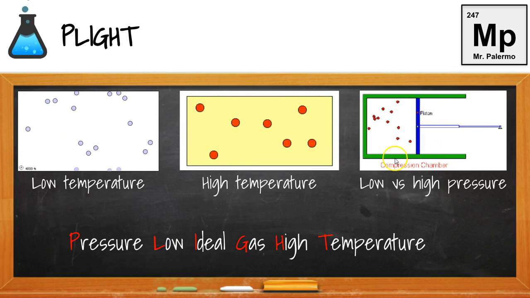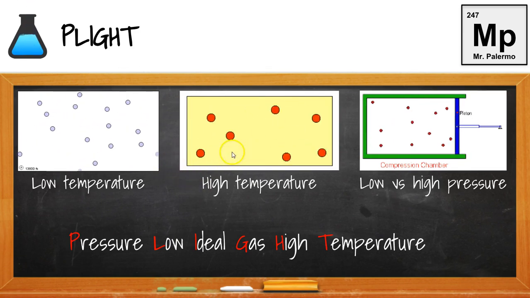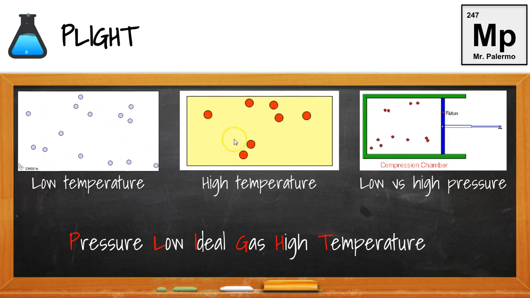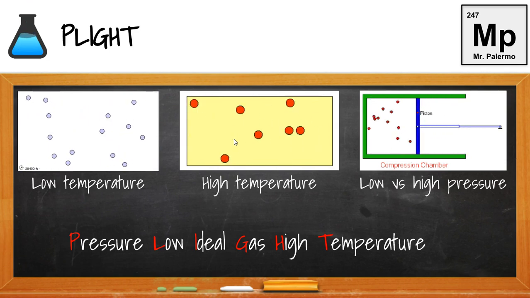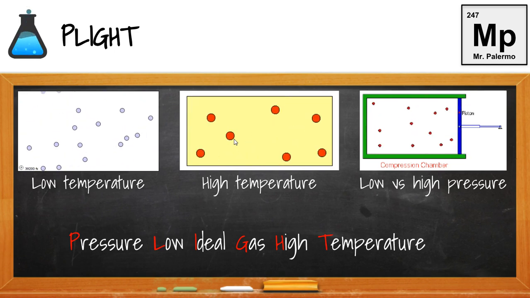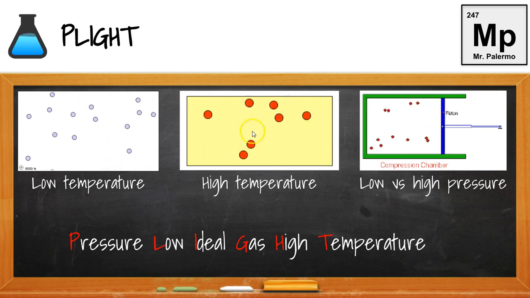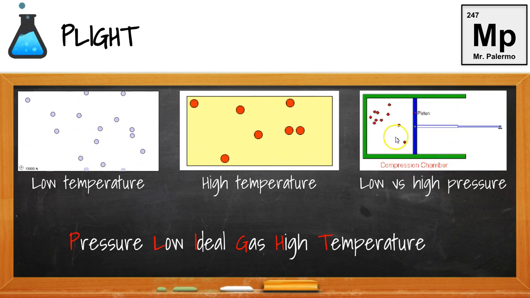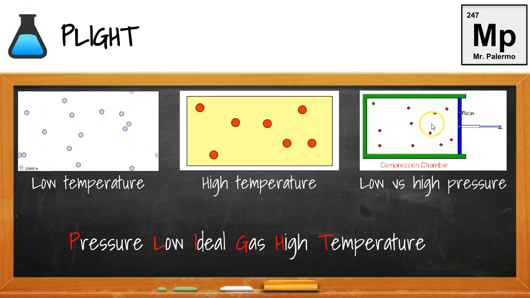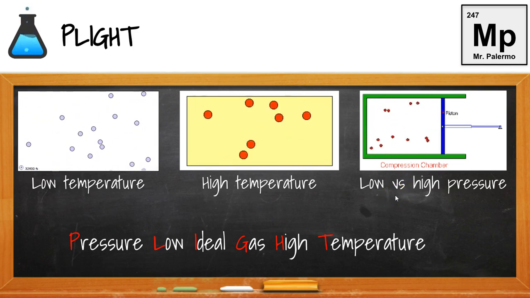So let's see that here. Low temperature versus high temperature. As you see, under conditions of high temperature, they're moving much faster than at low temperature. And so it's much harder for these particles to attract each other if they're moving so fast. Because remember, the attractive force would have to overcome the kinetic energy, and the kinetic energy is so great, it can't do that. In terms of pressure, under high pressure, you see the particles are close together. It's easy to attract each other. Under low pressure, see how much more they're spread out. Low pressure means they're further away, which means the attractive forces are lower.